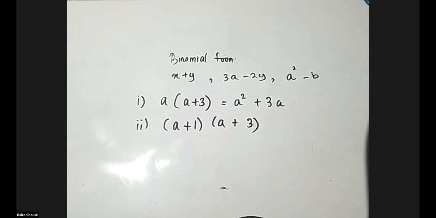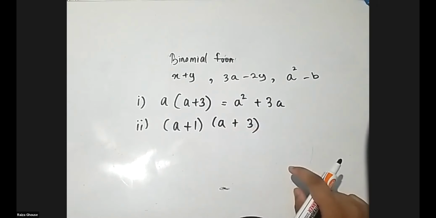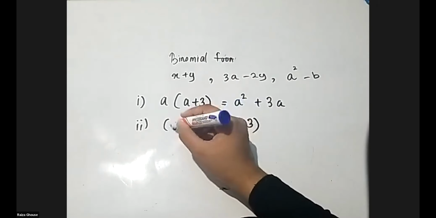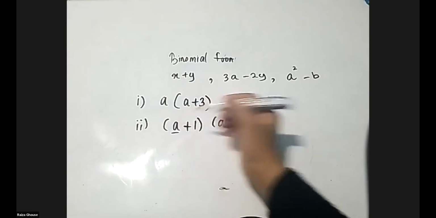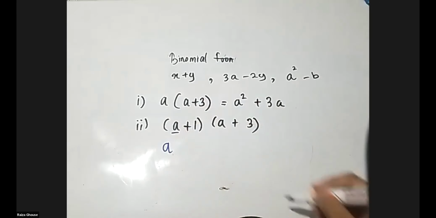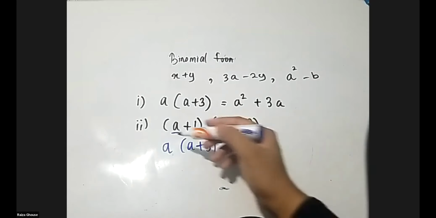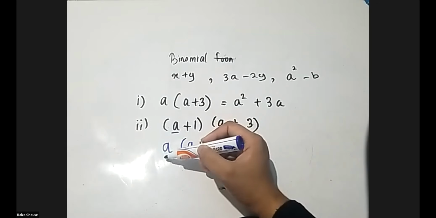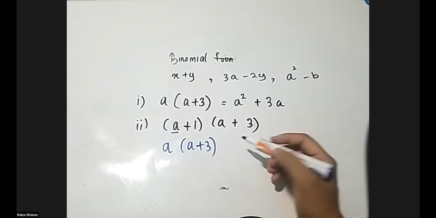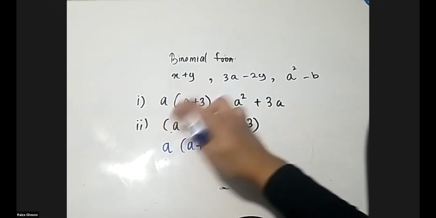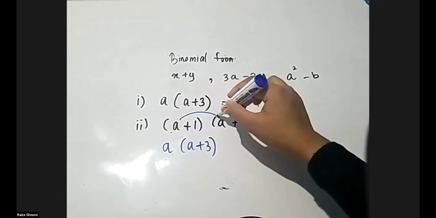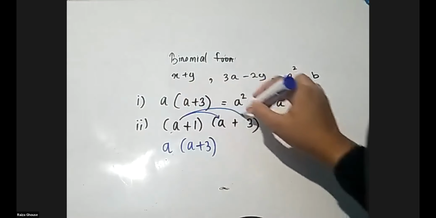If you are given this type of two binomial expressions to solve, look at this. First bracket, the first term, take it out. Now, second bracket, write it completely here. What did I say? First bracket, first term, take it out, write the second. That means I multiplied the second bracket by the first term.